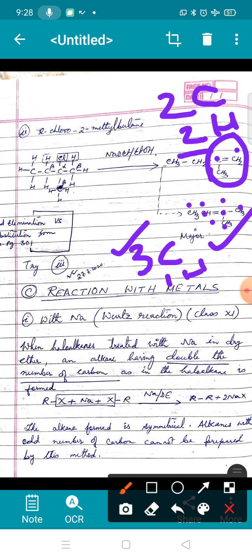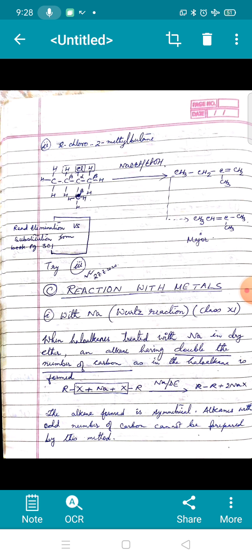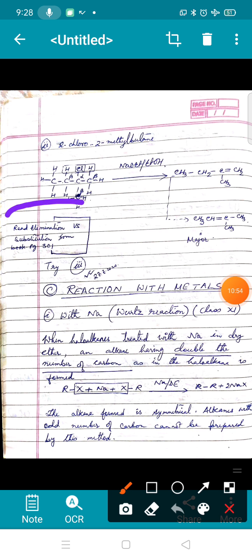There is one more question in the exercise. You can try it out exactly the same way. So I have given you, try question number 3, question number 10.10 part 3. There is a small note in your textbook. Read elimination versus substitution. In my textbook it is page 301. In your textbook you please look for the page number. How would you know during exams when the elimination product will be formed and when the substitution product will be formed? You go through this. If you have any doubts, you will ask me.